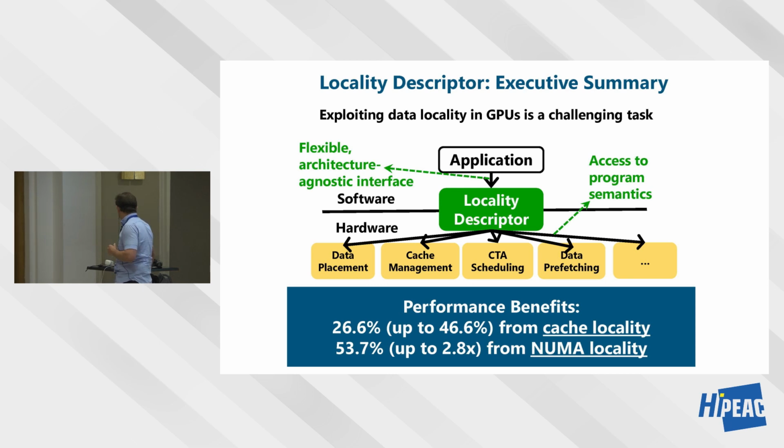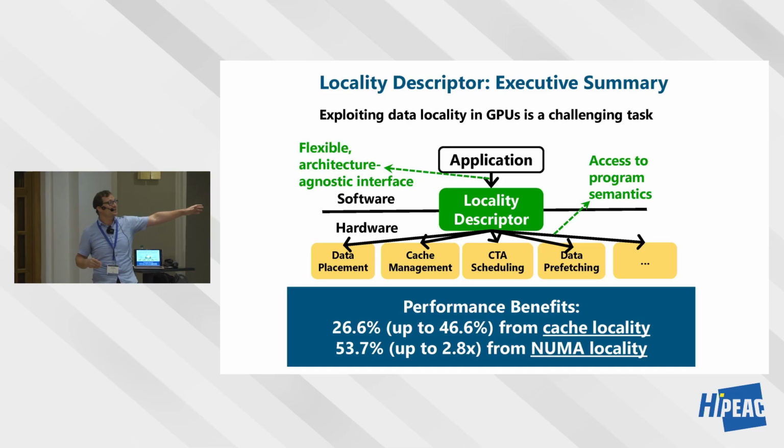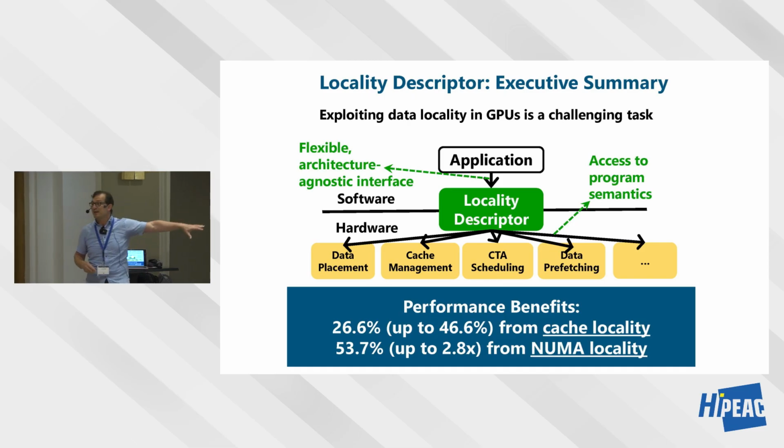So the idea here was to have this Locality Descriptor communicate information about, for example, what kind of access patterns you have in this particular part, in this particular warp. And then we actually communicate this information to the lower levels. I will not go into a lot of detail because we have a lot more to cover, but if you actually do this, you get significant performance and energy benefits. These are some performance examples.